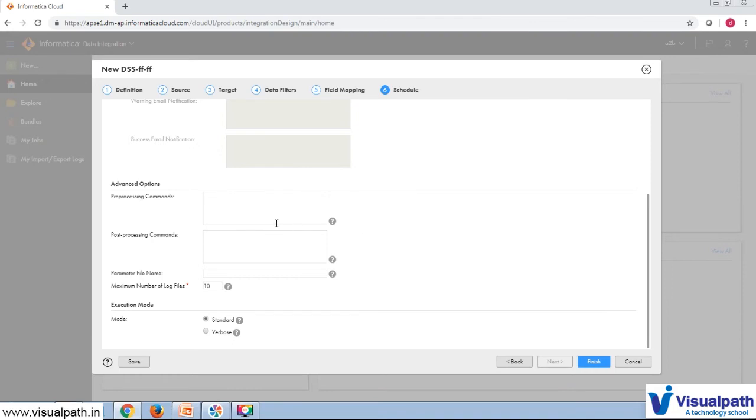Like that, here we can define the pre-session commands and post-session commands, and the parameter file. If you want to read any data from a parameter, you can define the parameter file here and get the data from the parameter. In a further session I will explain how you can go with the parameterization, everything. Okay,